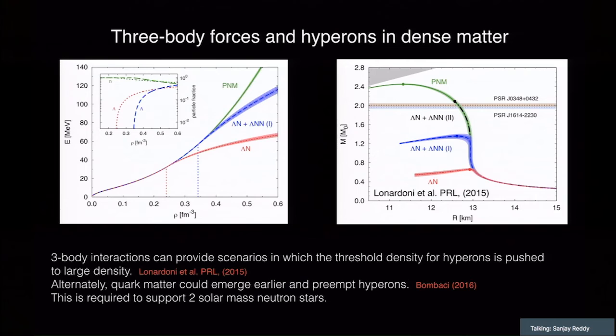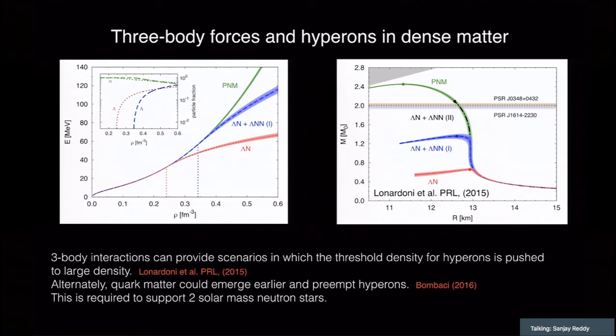So perhaps the more reasonable approach to understanding whether or not hyperons are present in the neutron star is to say that by the time hyperons are favored, the density is so large that the quark degrees of freedom in the nucleon become important. So you could say that before hyperons appear, we expect that some form of quark matter may be favored, and once the quark matter emerges, perhaps hyperons are no longer a puzzle to include. But in any case,